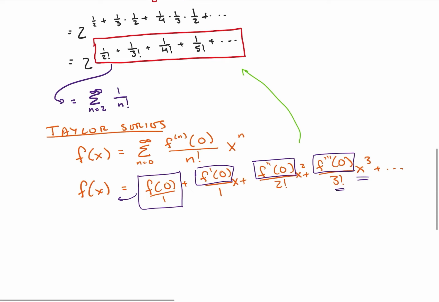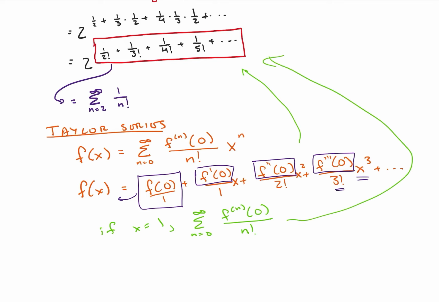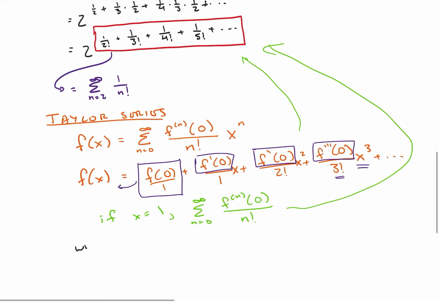So our real goal is, what we notice is that if x equals 1, then this looks like the sum from n equals 0 to infinity of the nth derivative of f evaluated at 0 over n factorial, which is really close to what I have up there again. Okay, so my question now to you is,